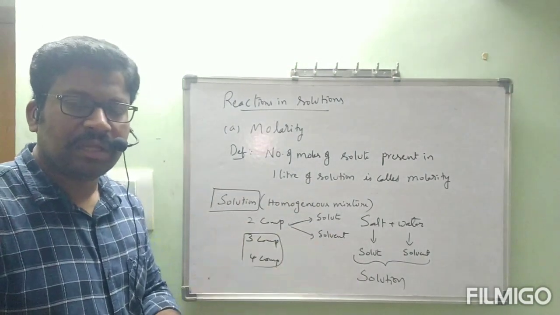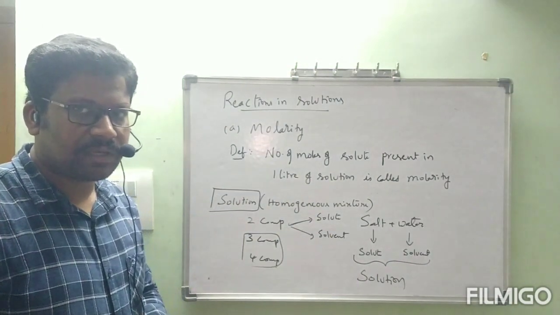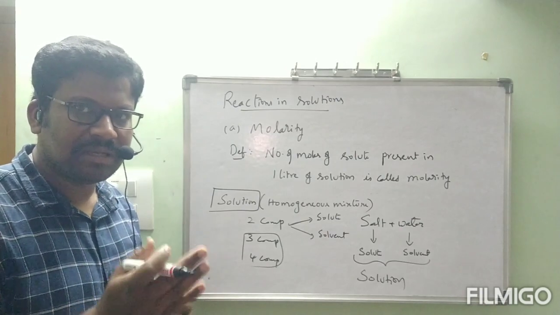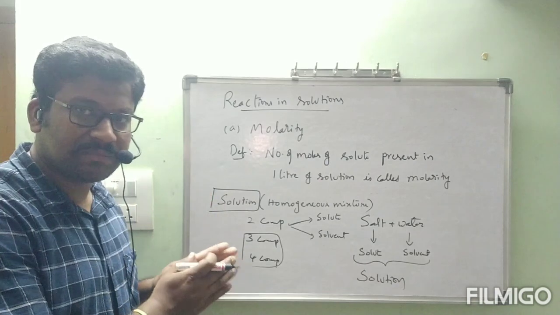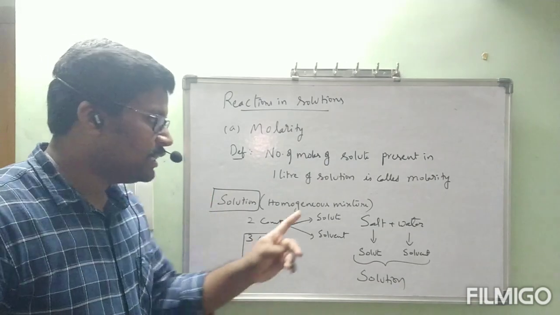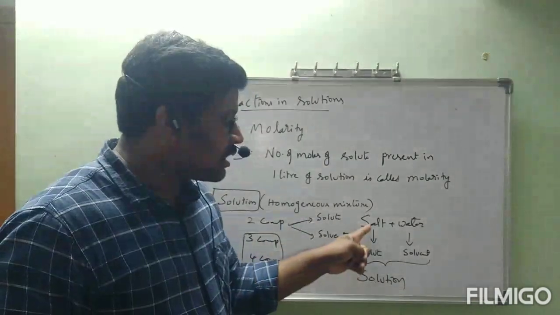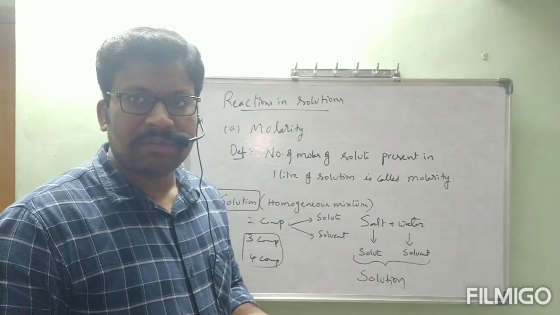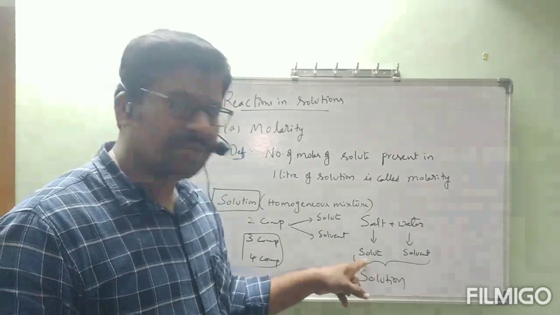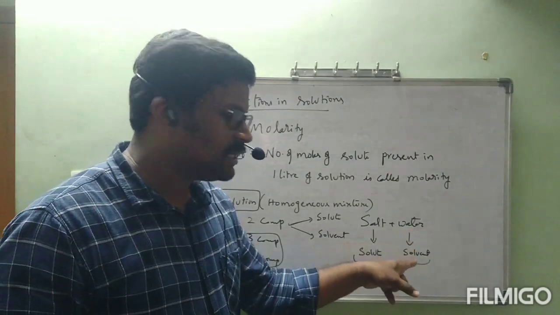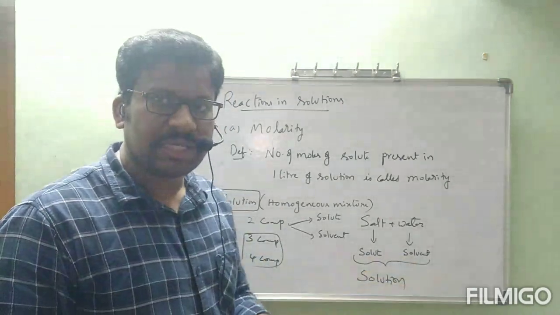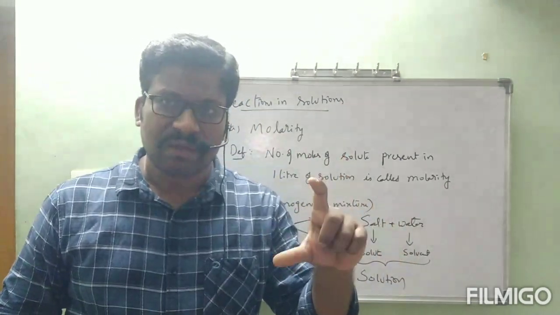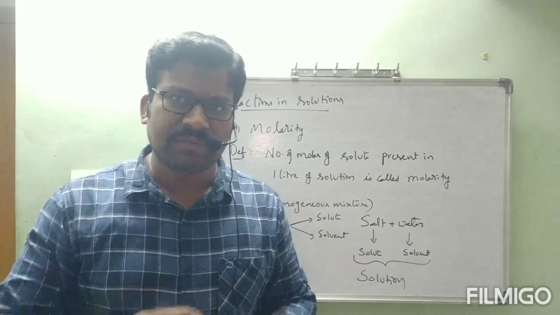If both are mixed, there is no chemical reaction between salt and water. Okay. Then it will form homogeneous mixture. Actually, heterogeneous mixture also there, but we are concentrating on only homogeneous mixtures now. Understand carefully. In these 2 components, the component which is present in less quantity is called solute, and the component which is present in major quantity is called solvent. Generally, when we are preparing salt solution, we will take major amount of water, glass full of water. To that little amount of salt we will add.